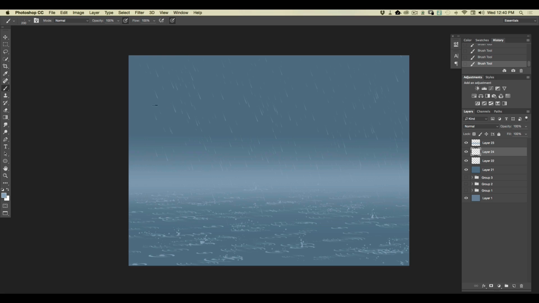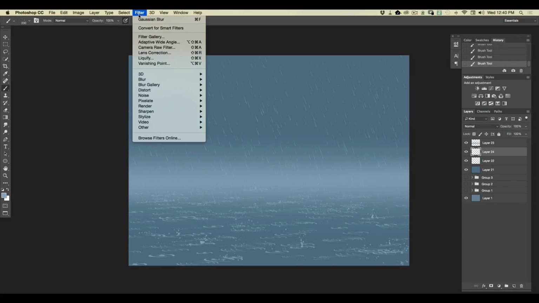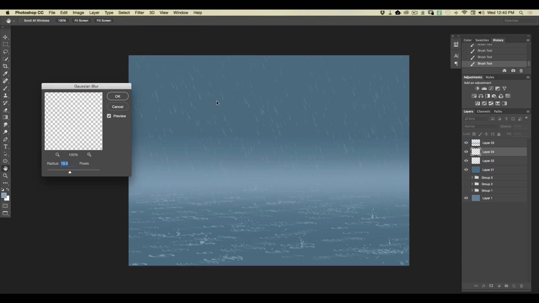There we go. Once again, can you imagine sitting here going tick, tick, tick, tick, drawing this all in? Now we've got rain that you can just brush right on. And now another thing that I want to do, I'm imagining this rain being pretty far away. I would like to go ahead and blur that out a little bit, just a little bit. So I'm going to come to my filter, go to blur, and then come down to Gaussian blur. Now that's too much, so I'll drop that down to about